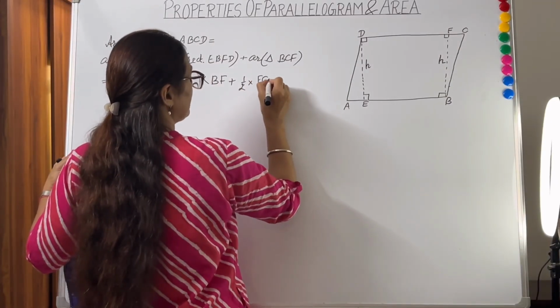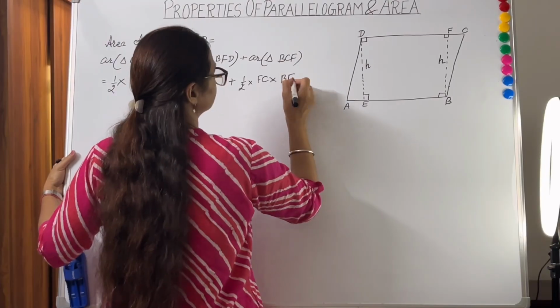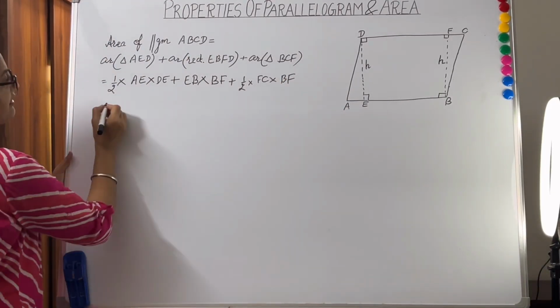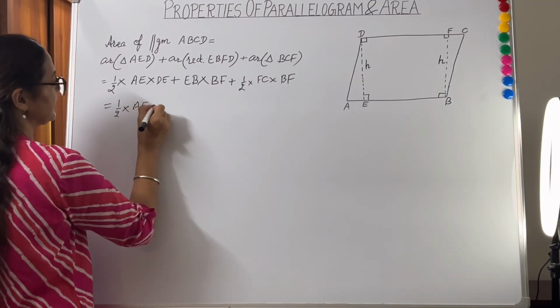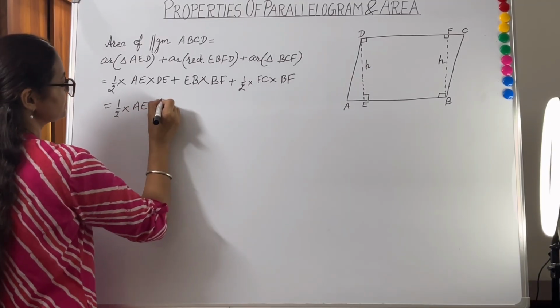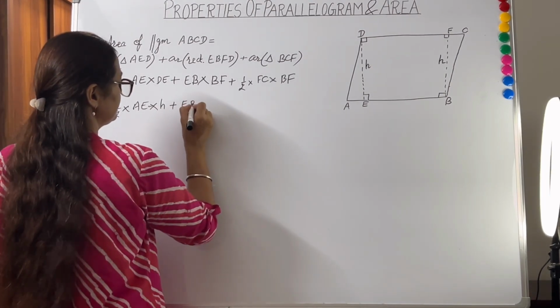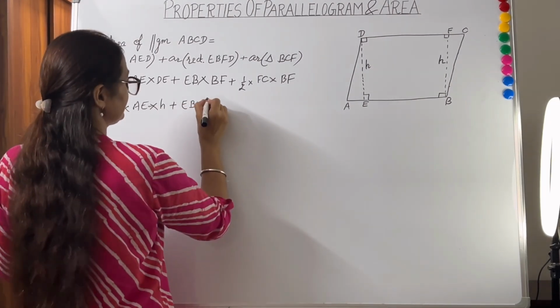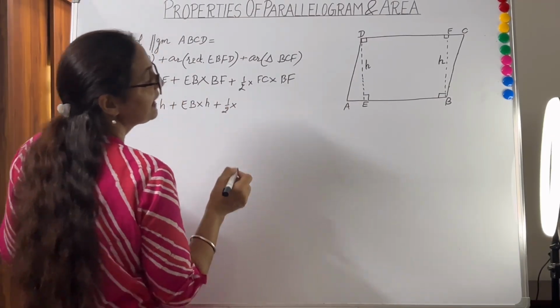FC, and height is BF. Okay. Now we will put the values. Half into AE and DE is what? h, plus EB is EB, BF is h, plus half into FC